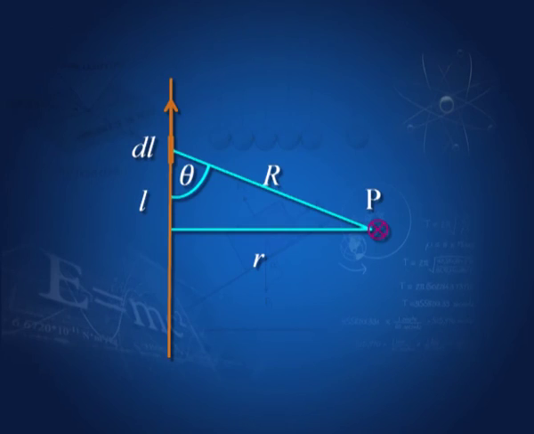So, what we do, we take a very long current, in fact infinitely long current, and find the field due to this current at the point P, which is a perpendicular distance r from the current. So, we make this structure, we have a small element dl and the distance capital R to P from dl, and this distance is L and this distance is r.